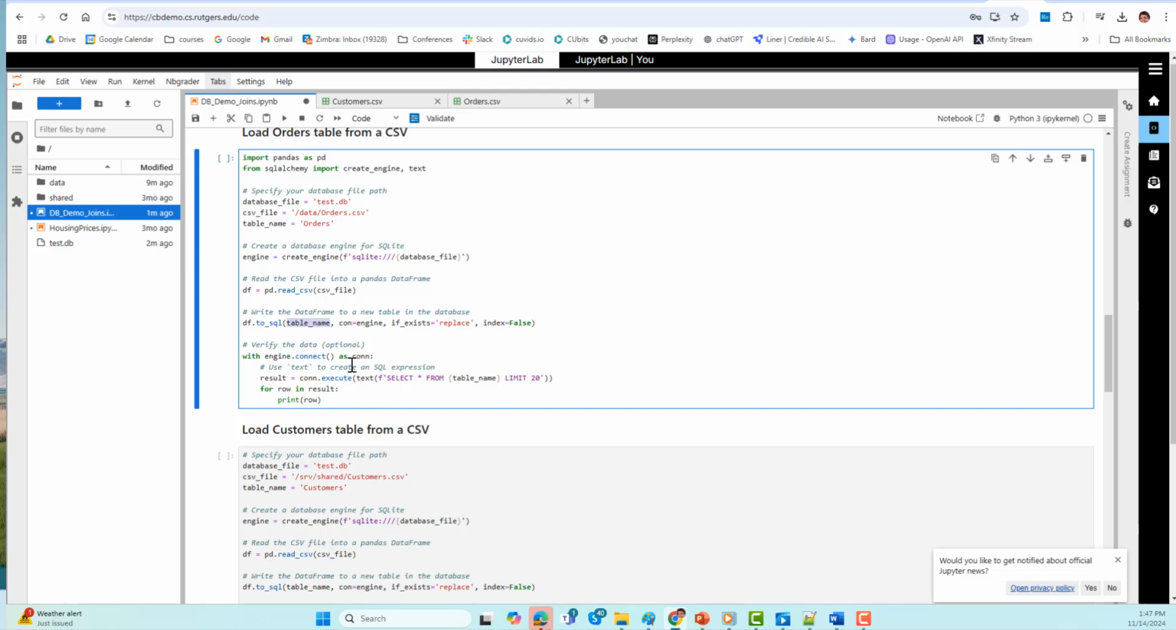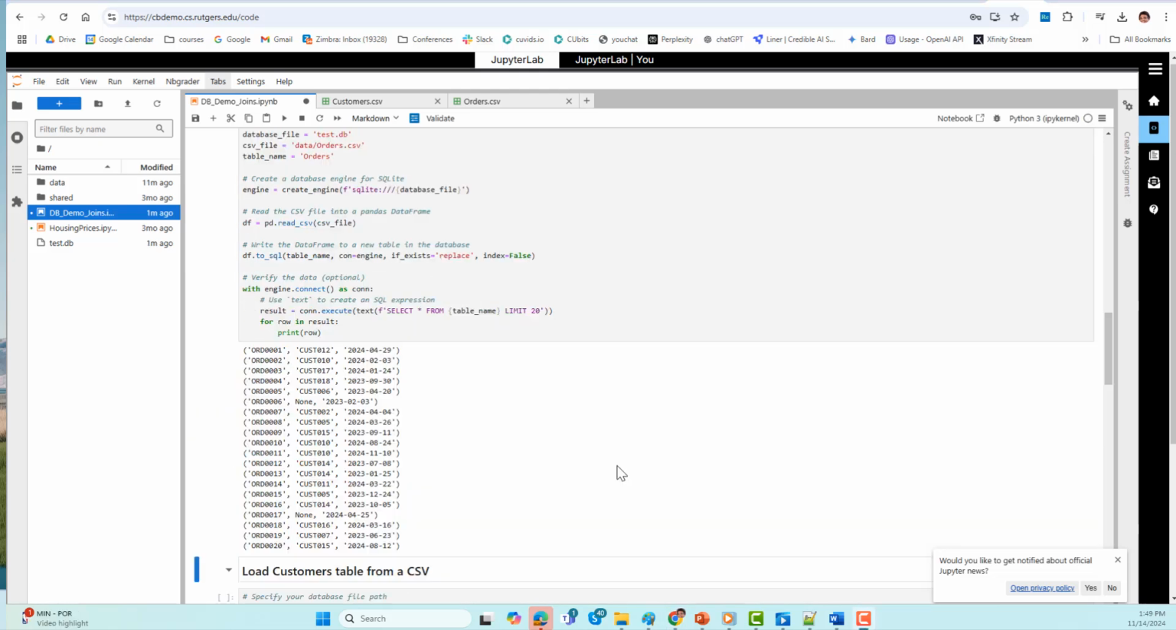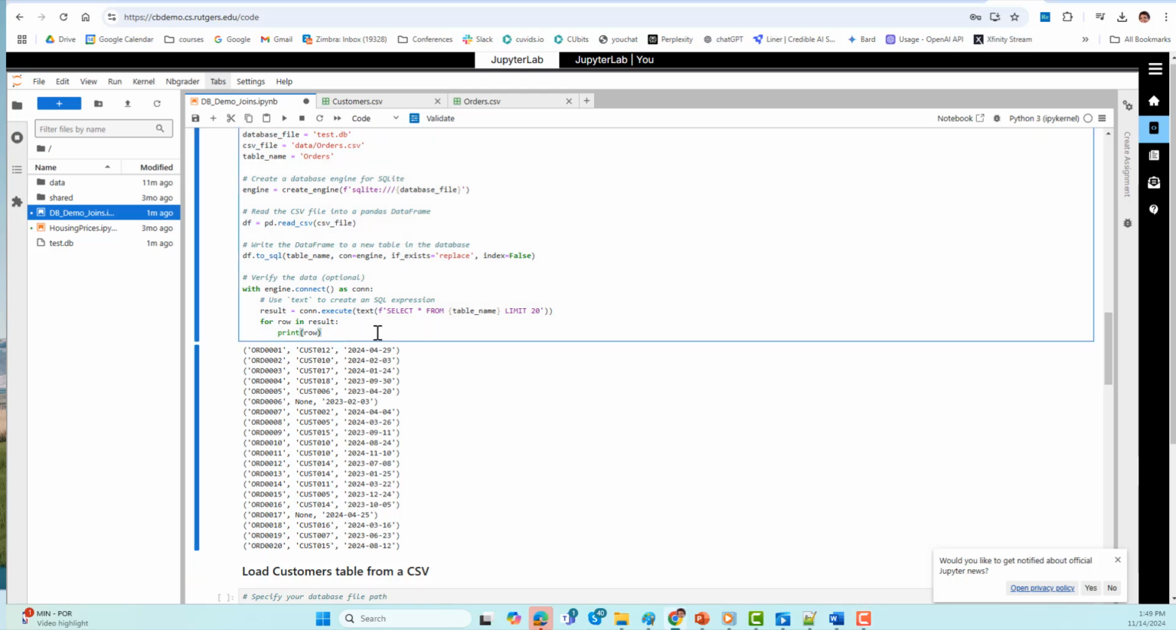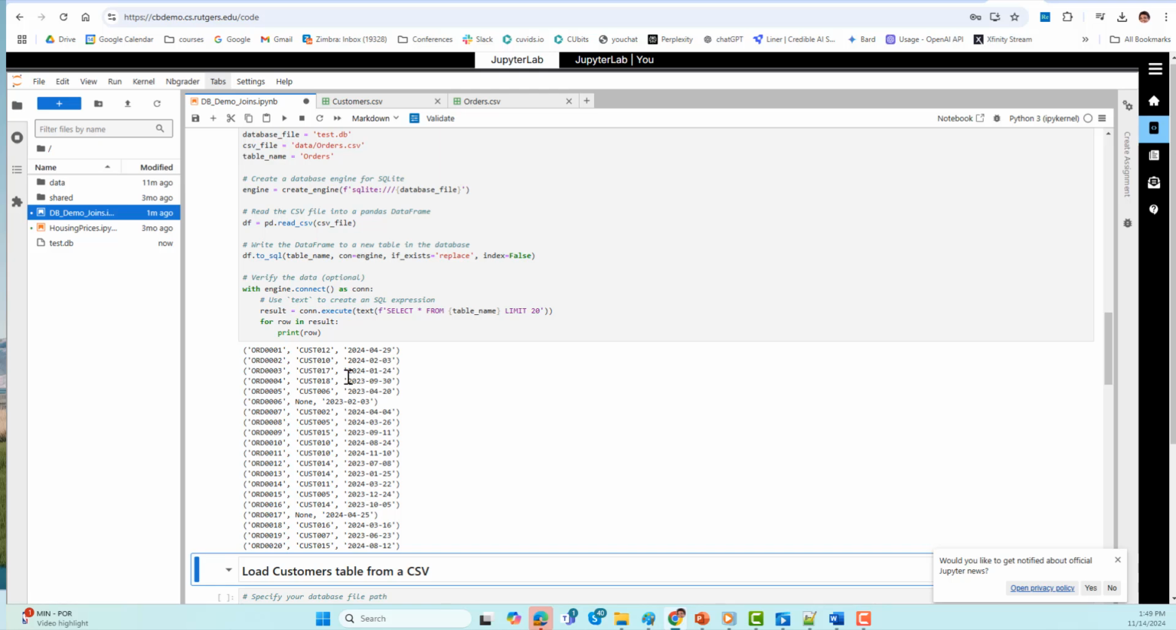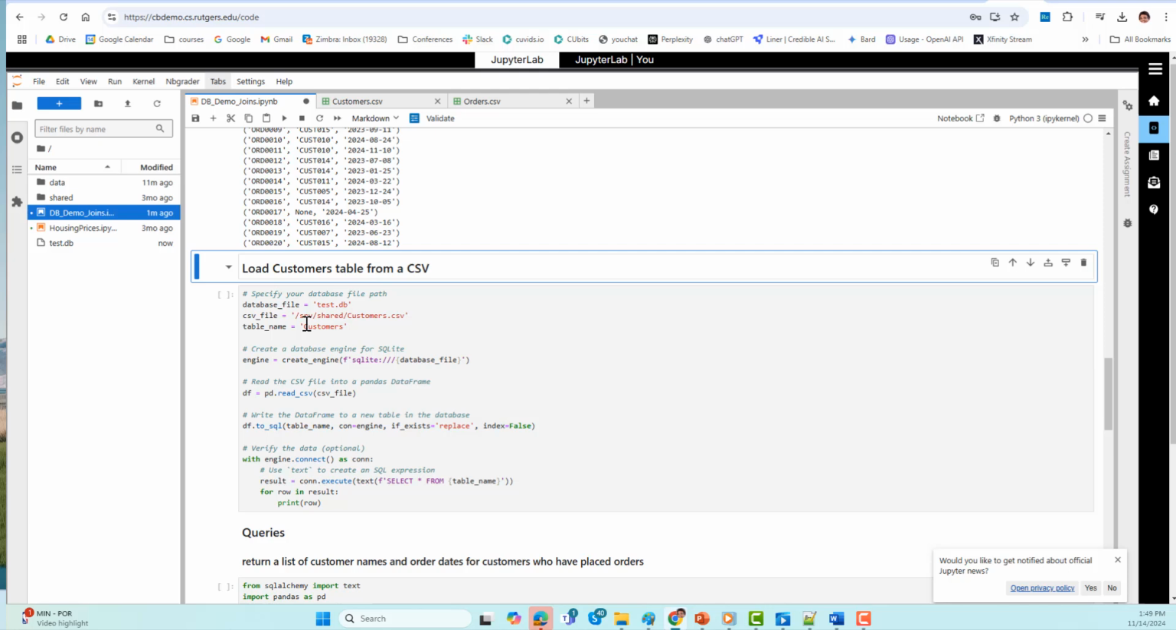So with engine connect as con, so what we're going to do is to execute a command called select from table name, select and limit the things up to 20. So we just want to see 20 things. So now we run this code, we're going to see up to 20 records from this orders table. We can do the same thing with